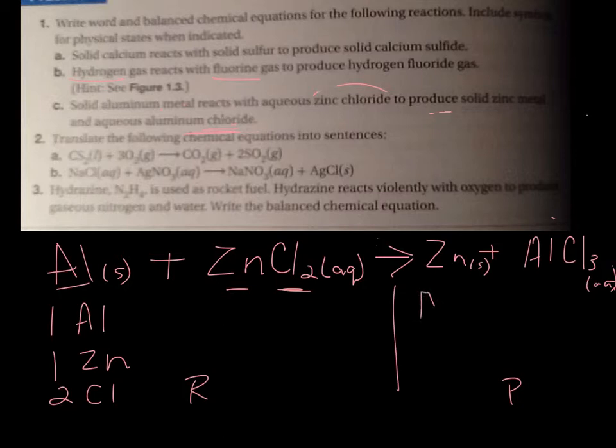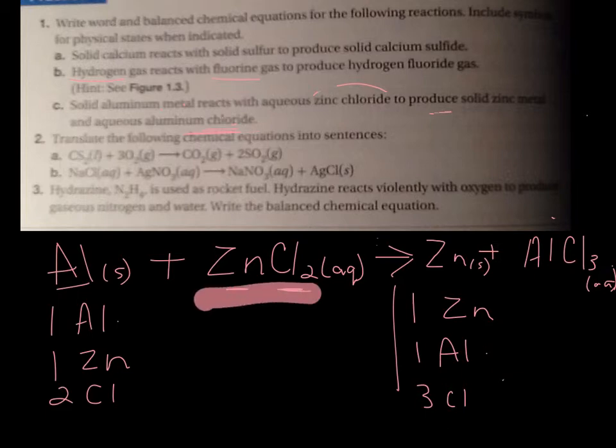On the product side, I have 1 zinc, I have 1 aluminum, and I have 3 chlorine. So these are the products over here, these are the reactants. So if we look at this, I have 1 zinc, 1 zinc, 1 aluminum, 1 aluminum. What can we put in front? So I'm going to underline these,